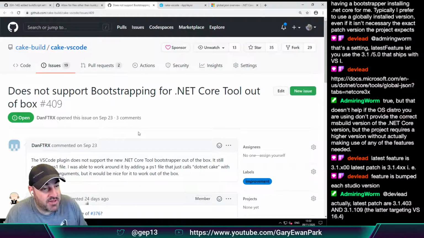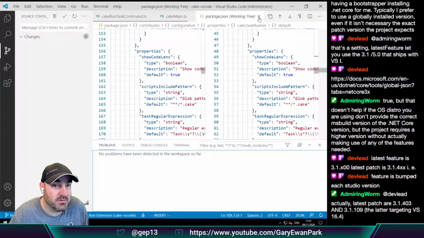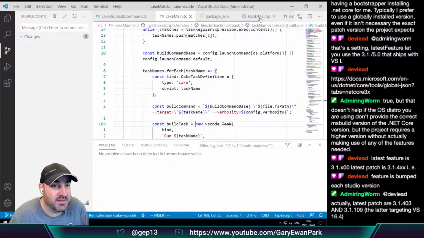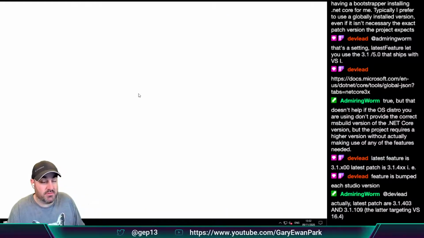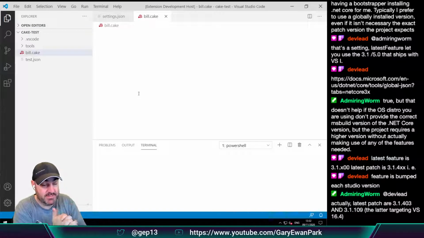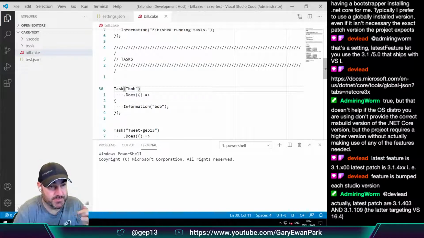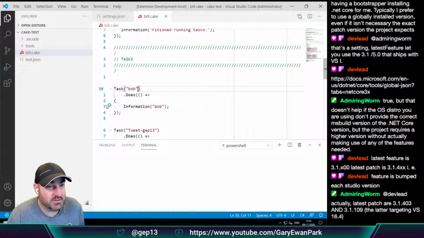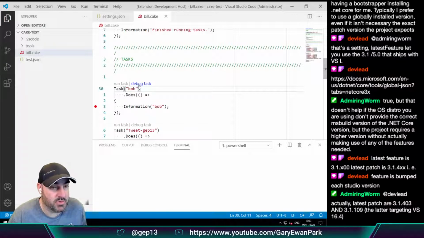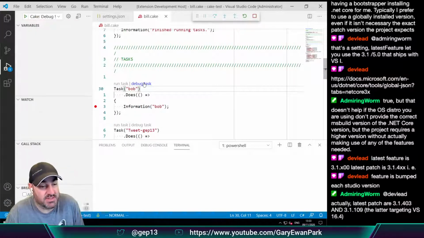So the final part that needs to be made to work is the debugging of the code on the code lens. Because that's still not working. So if I were to set a breakpoint within this script and I were to say debug task, then this, well, it might work, but we don't want it to work the way that it's doing it. So if I say debug task here,